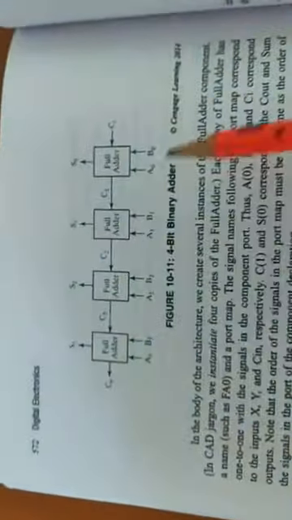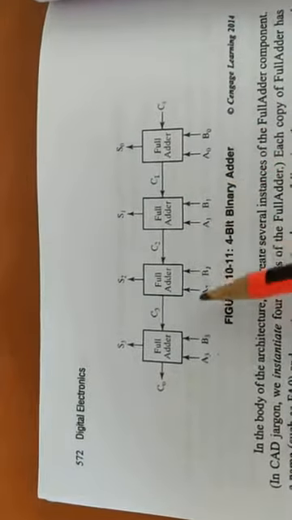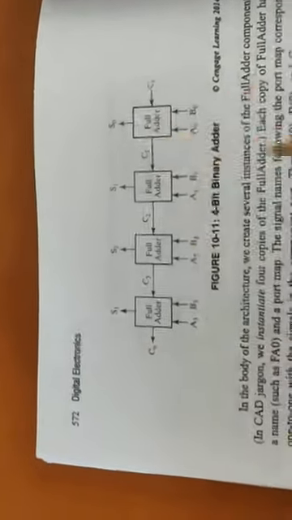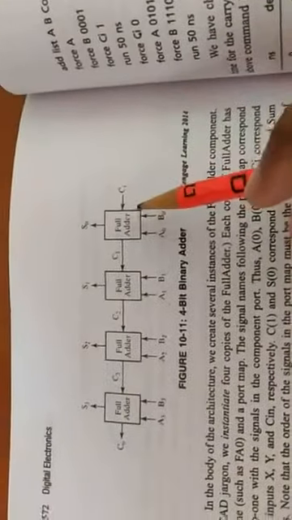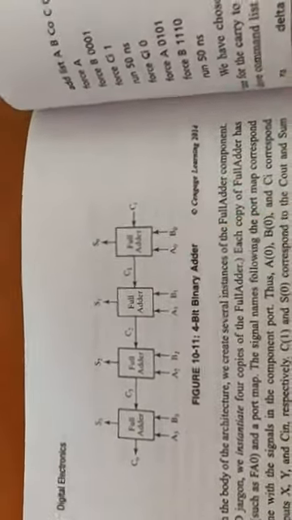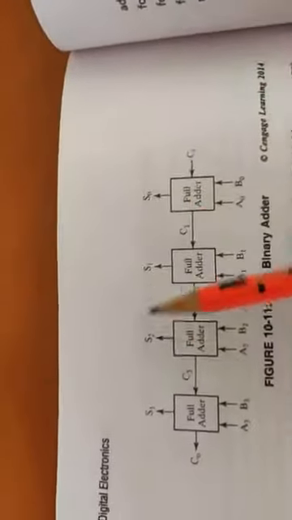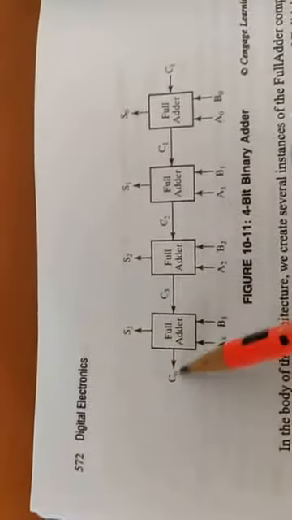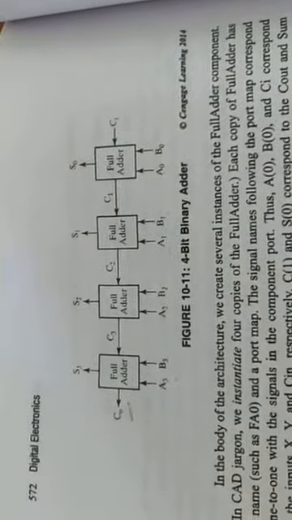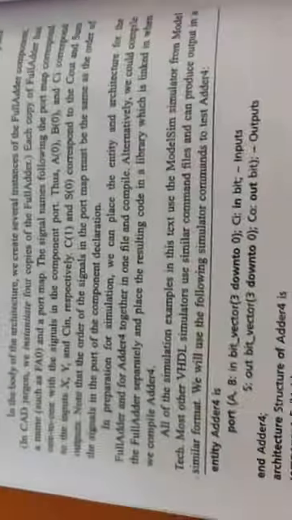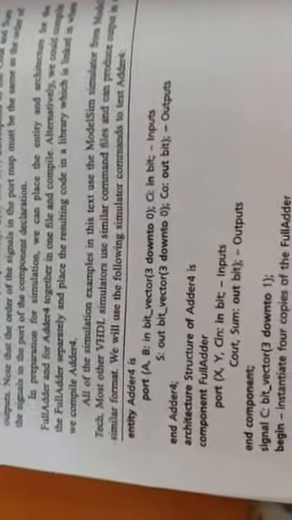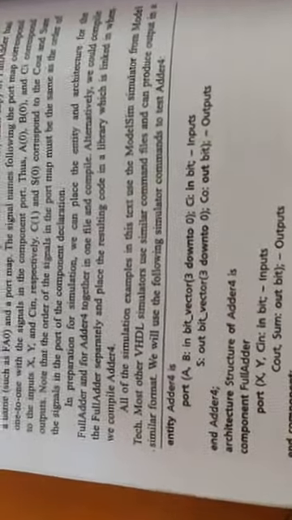Okay, so A0, B0, A1, B1, A2, B2, A3, B3, full adder. So here it is 1, the same thing they have written here. So here A, B, here it is X, Y, here it is C input, here also it is C input. Here C out and sum, here is S0, S1, S2, S3 refers to sum, and C out is the carry. 4-bit binary adder. So what we can do now, rather than defining the same function 4 times,